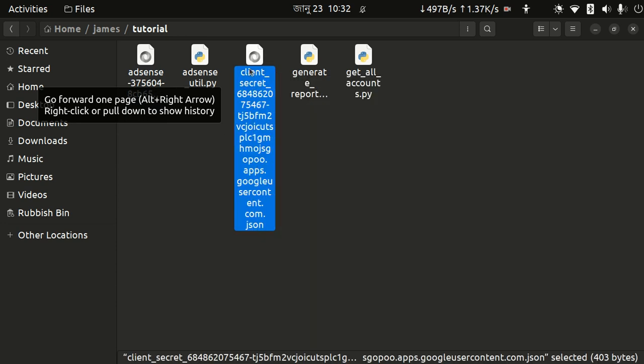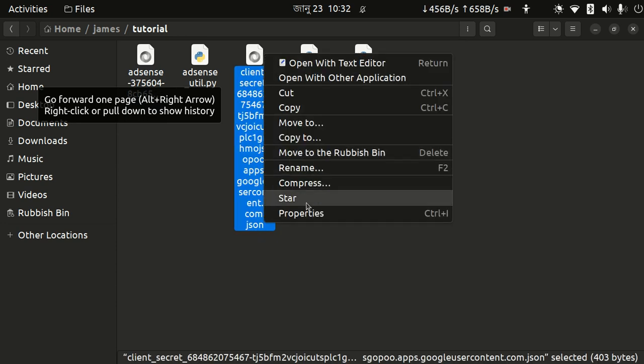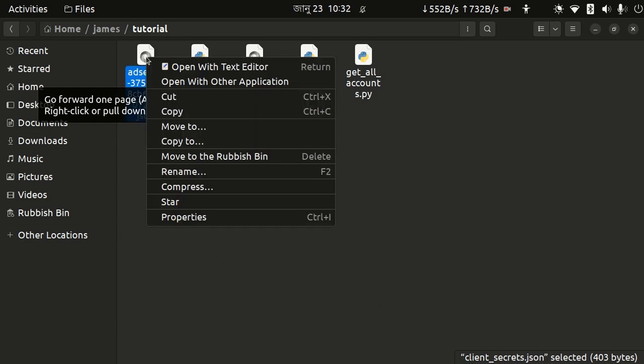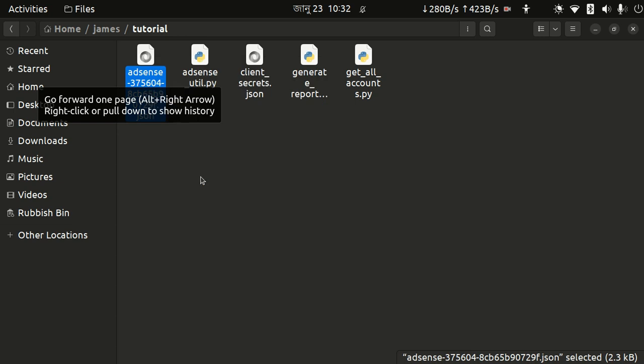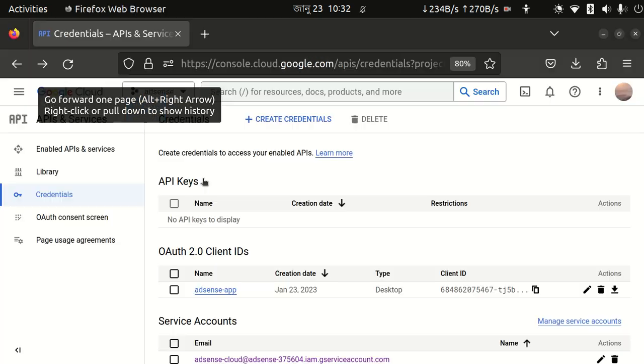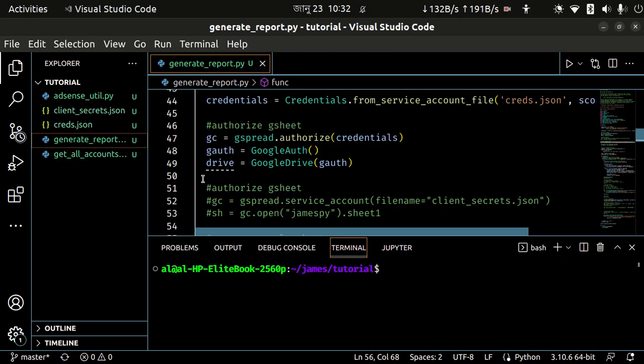We need to rename the client secret file as client secrets, and this file as creds. Done. And next,